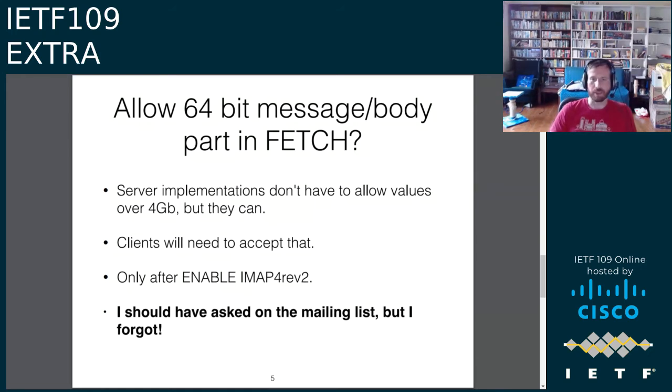Yeah, the only challenge with it is what happens if you have a message in your store which is more than 32 bits and a non-IMAP4 Rev2 client connects. Does it get a truncated version? Does the message not appear to it? And how does that work? We haven't solved this problem. A particular trick is if you connect as IMAP4 Rev1, do some queries, decide to upgrade to IMAP4 Rev2, and suddenly UIDs appear that were not present in Rev1. So it does mean that you need to treat Rev1 and Rev2 as completely separate for caching message ID number purposes if you're going to have messages that disappear and reappear depending which mode you're in.